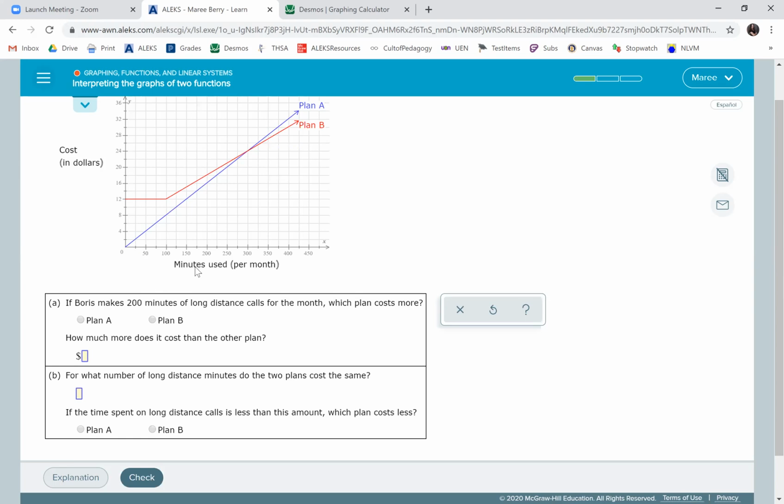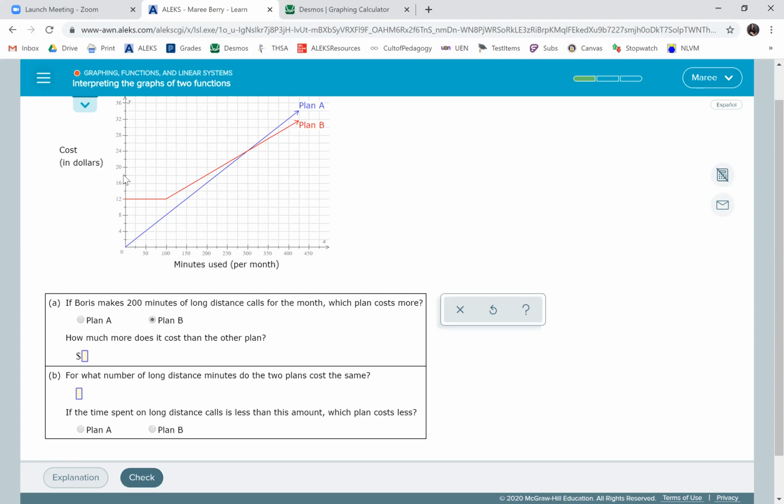So here's the label. We're going to come to minutes. We're at 200. Which plan costs more? So we come up. Which one is above? It's the red one. So that's plan B. And then how much more? So we got to go across, and it's the number above 16 and 16 that we're going